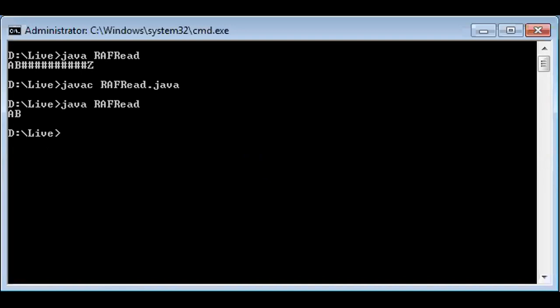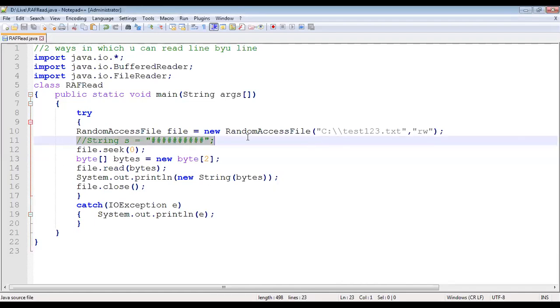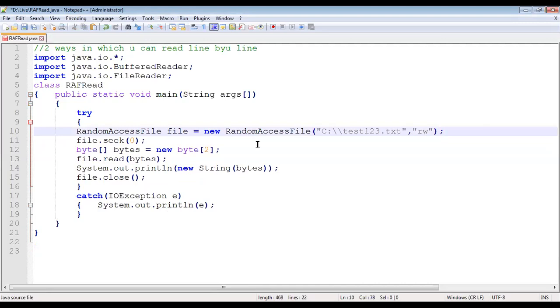Okay, hope you're able to see the difference in the output. I gave an array of only 2, which means I can store only 2 spaces in my array, which means in that file, only the 2 characters come up. Earlier, I gave 20, just a random number, which means the whole content could come up. So when you do RAF reading, always give a bigger size so that things happen properly. Is that fine? Okay.